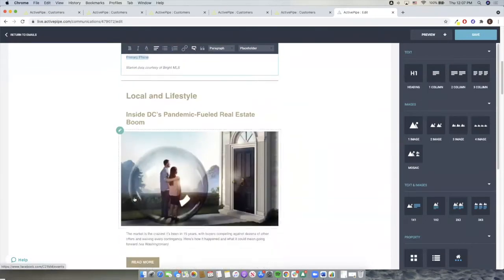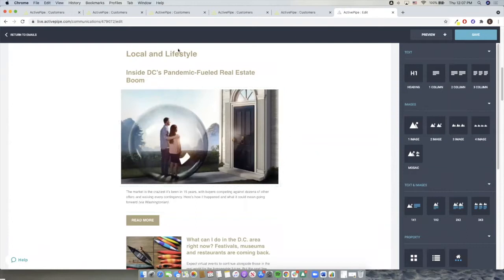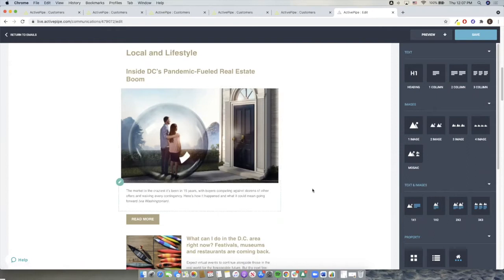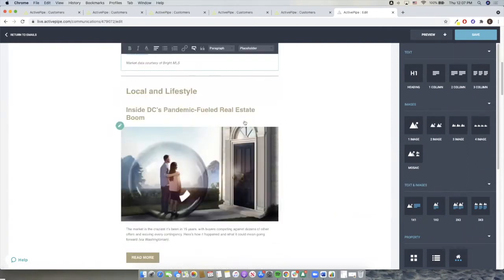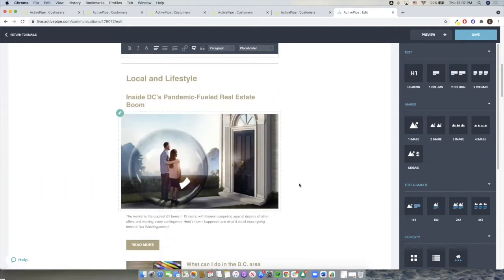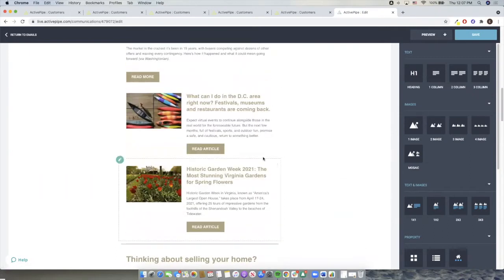Then below that, they do some local and lifestyle is what they call it. So what's going on in the DC area? You'll notice that some of it is going to be real estate related, but then they also do some really great lifestyle updates as well. And I think combining both is a strong position to take, because you'll be able to connect with the people who might be your past clients who aren't really necessarily engaging in what's on the market right now. They aren't going to be as much interested in that, but they will be interested to know what's going on